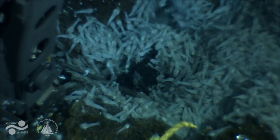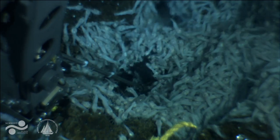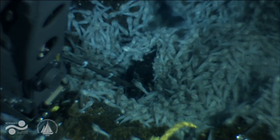What do we have there? That's 26. Okay, let's come back up again. Stop there. 31, 38, 43, 44. When we can just see the hose clamp, it's a pretty good sweet spot. 53, 55, 60. Should we try going a little to the left? 60, 57, 53. How's that? 40. Okay, let's scrooge back a little to the right, very gently. 45. I think right where it's in line with the white mineral is pretty...